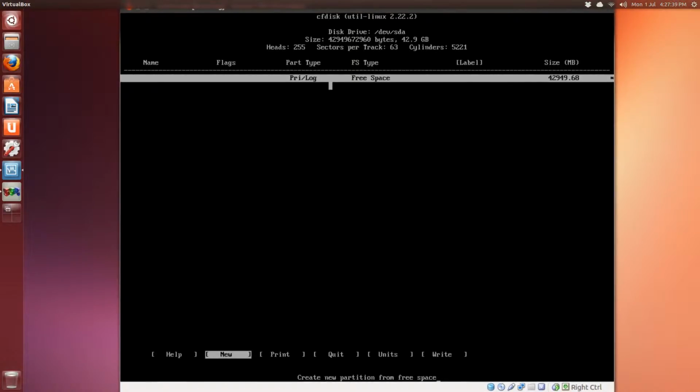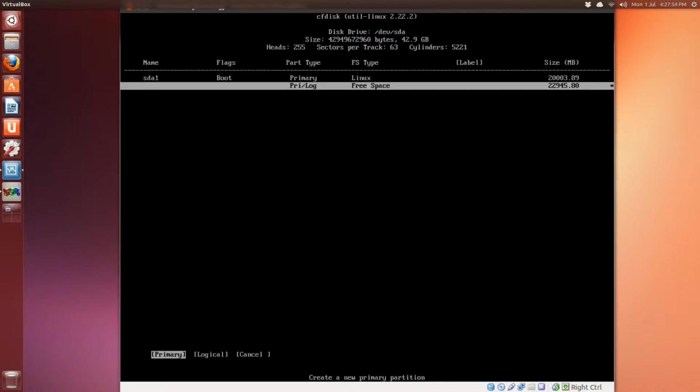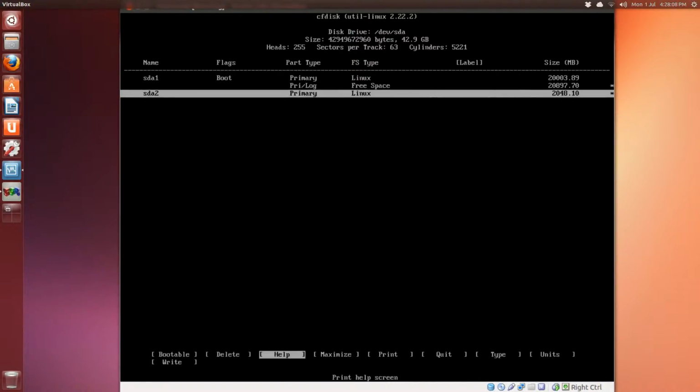at the bottom where it says new, just press enter, primary, and I'll give it approximately 20 gigabytes, so 20 and 3 zeros, 1, 2, 3. Enter, beginning, and make that bootable. Arrow down 1, new, primary is fine in this case because we're only using 3, and this will be our swap. I'm going to give it 2 gigs or 2048 approximately, and I'm going to put that at the end. So arrow key down 1, and we tab over,